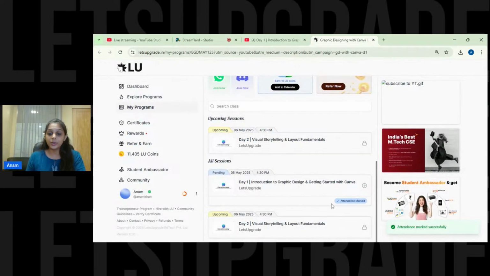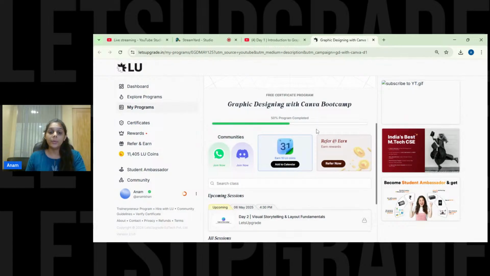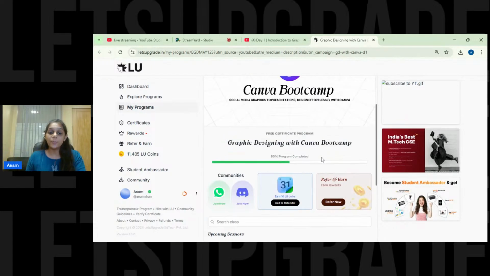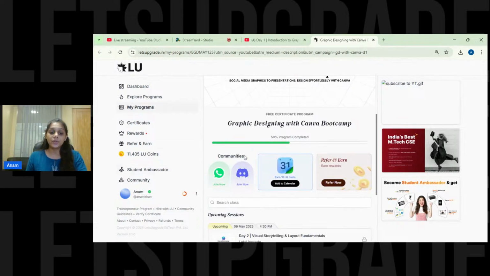So you see the toggles got blue in color, and also when you scroll up again, here is a progress bar. It will increase day by day as you mark your attendance, as it is a 3-day boot camp. Okay, there is some issue. It should be 33% for now, but it is 50%. We will check in the backend later on. But the progress bar will increase day by day. Okay, so do not worry about that.